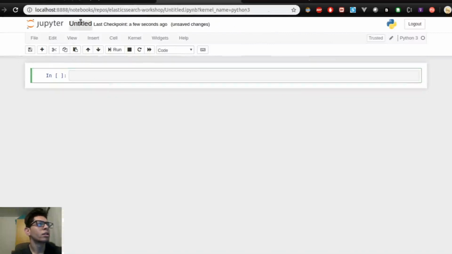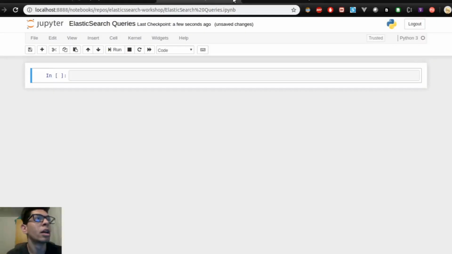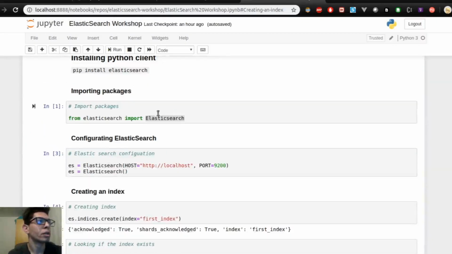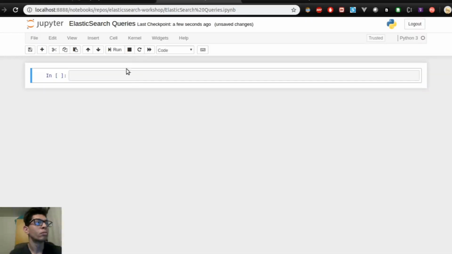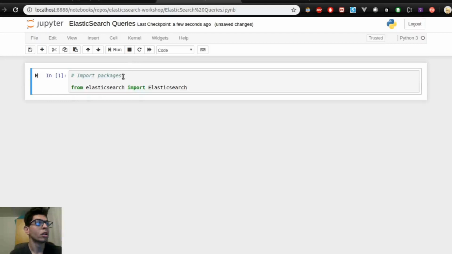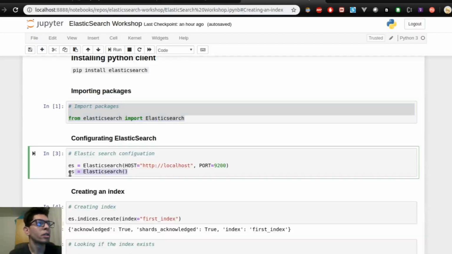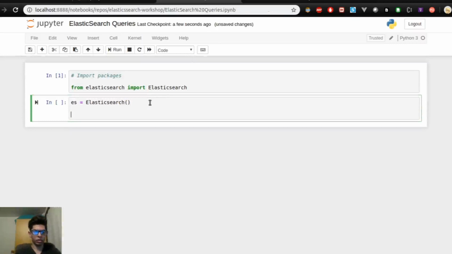Let's say Elasticsearch queries, and of course we'll be importing our packages and defining our